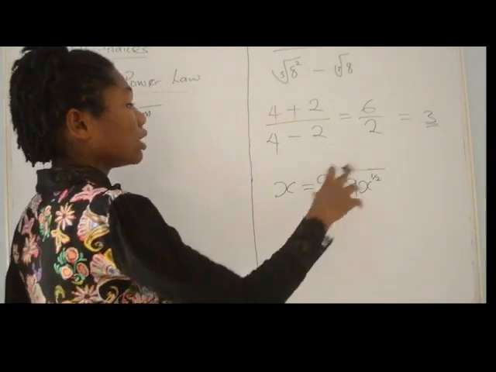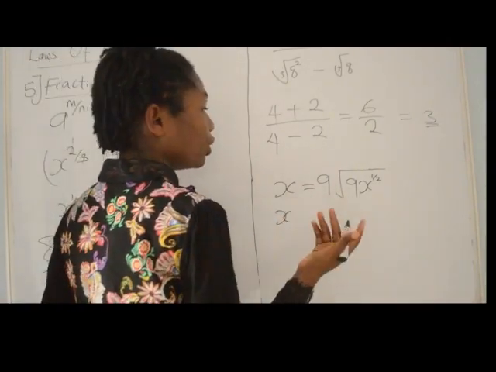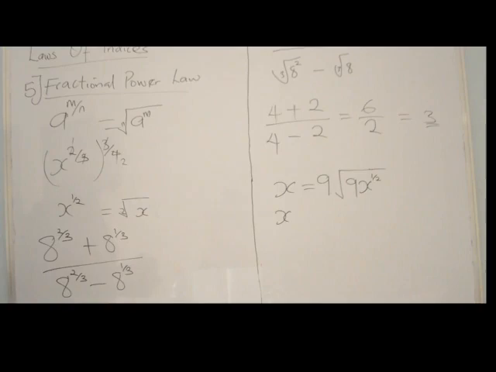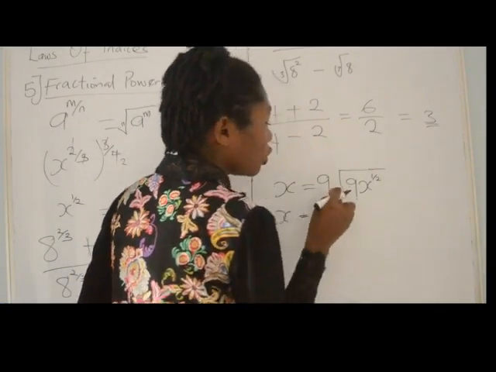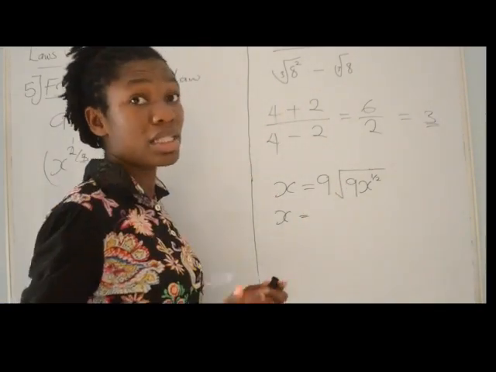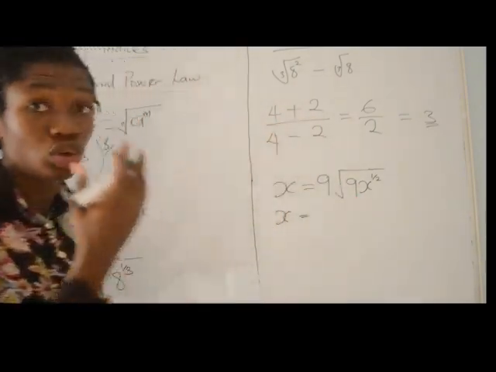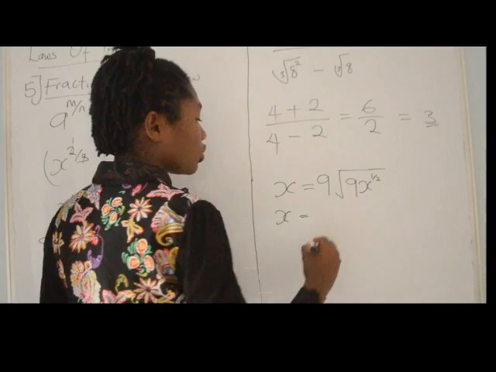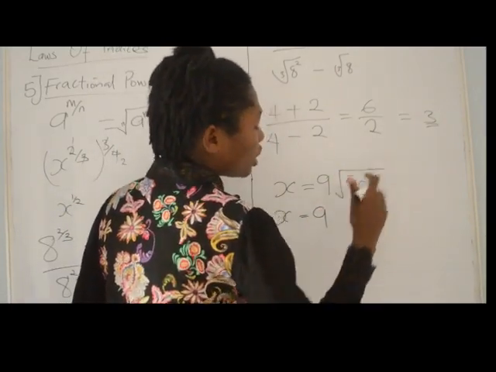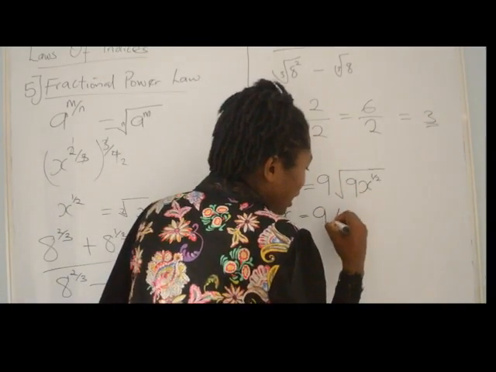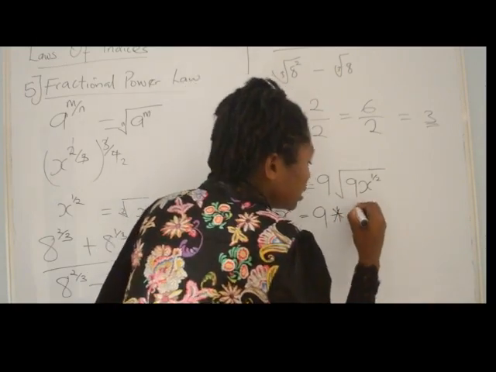Okay, so in getting that right, we are going to be bringing in our fractional power. Since there was no number given in the square root, it means it's a square root. If there was a number given, then we'll either be taking the fourth root or third root according to the number. Since it is just a square root, we'll be having 9 multiplied by